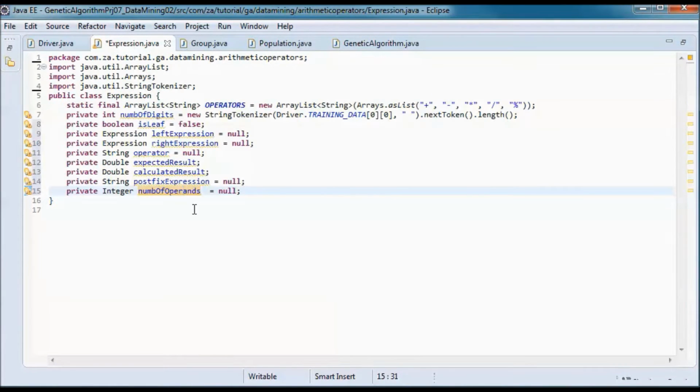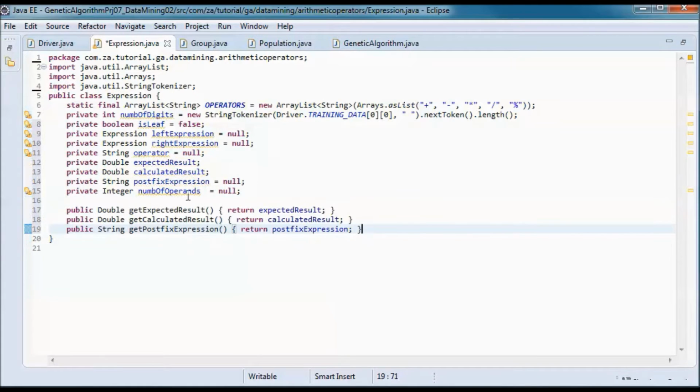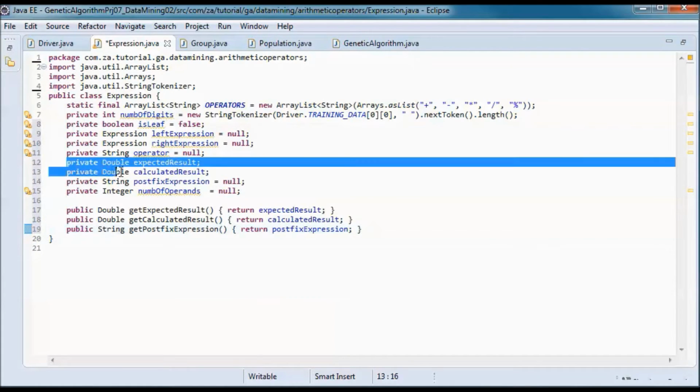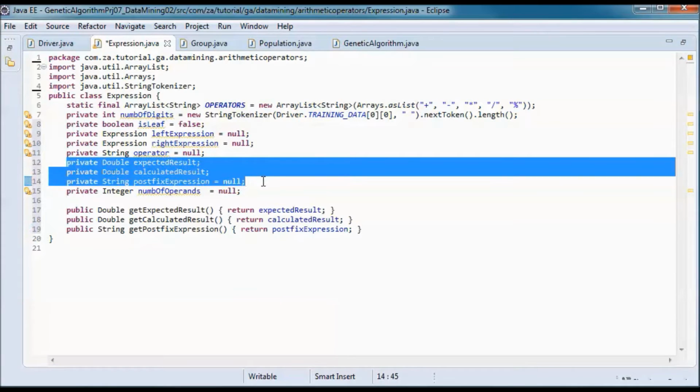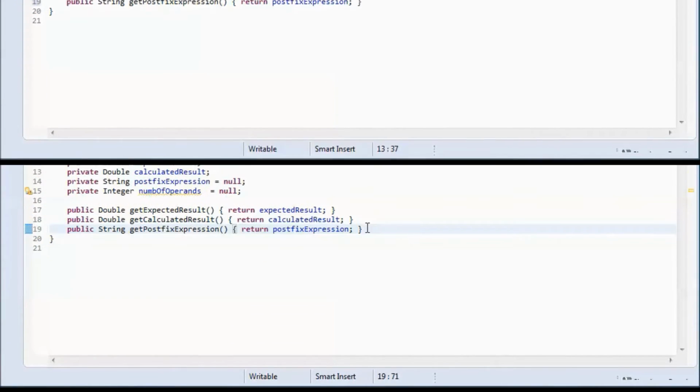And we will have get methods for the expected result, the calculated result, and the postfix expression.